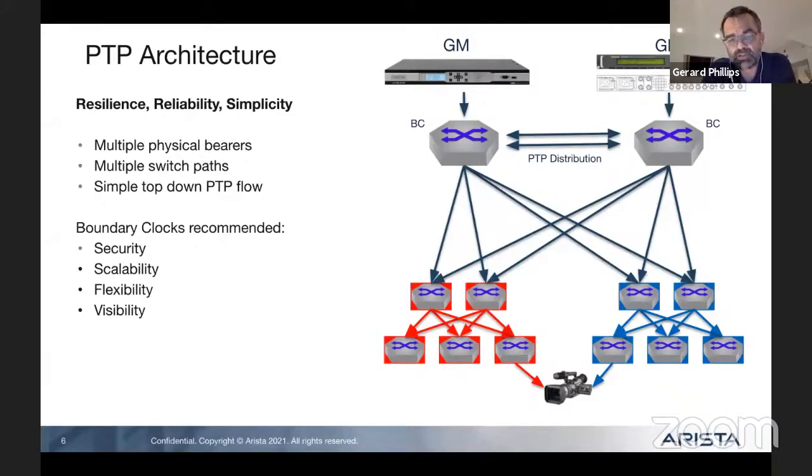So if you have hundreds of endpoints, if you're boundary clocking at each level, then the leaf layer of your leaf and spine is still probably only looking at 40 or 50 endpoints rather than having to deal with maybe 1,000. So you're offloading the scale from the grandmaster, for example. Flexibility, as I said, you can change the messaging rates in a boundary clock. So there's a very simple template. We all know that broadcasters love to reinvent and do things differently because they've got a special thing they need to achieve. Actually, with PTP, it's way simpler if we just try and stamp out this template each time, really.